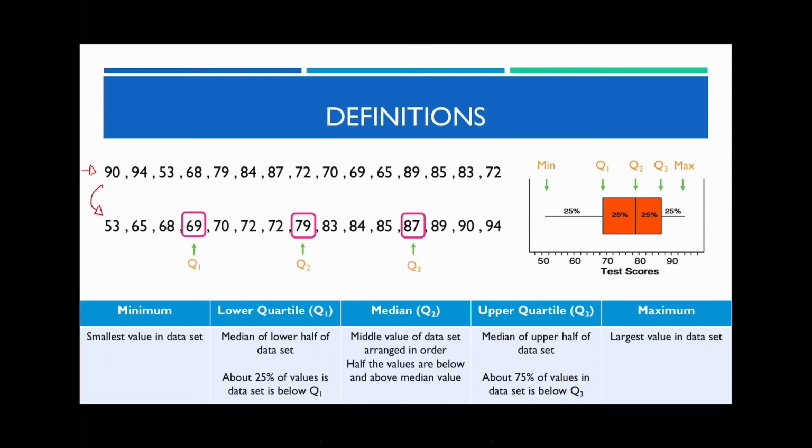And once we do that, then we can actually find out what is the lower quartile, which is represented by Q1. We can then find out what the median is as well, which is represented by Q2. And the third quartile or the upper quartile is Q3 in this case here. And I've left the definitions of each of these terms in the 5-figure summary down below so that you can